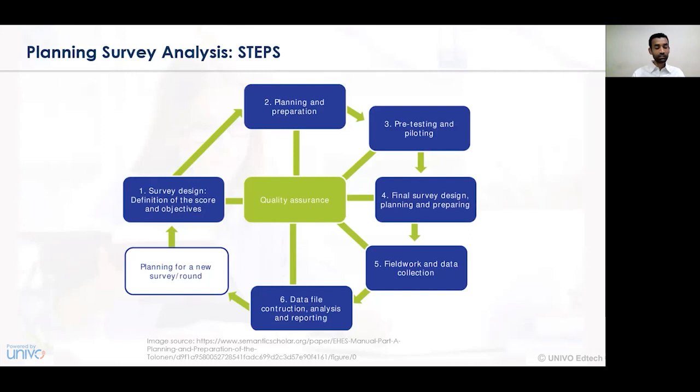Now, in all these activities, right from step number 1 to step number 6 or 7, there is always an effective essence of quality assurance which is essentially required. So quality needs to be present in a business organization, and at every stage the assurance of quality needs to be identified and made available in the business organization.